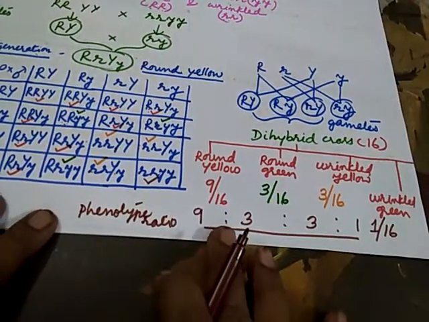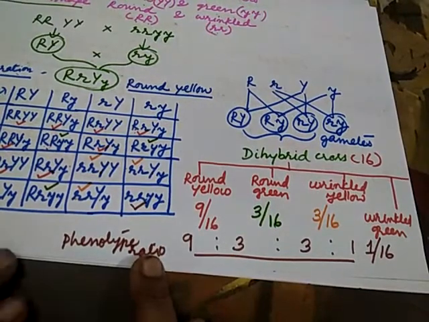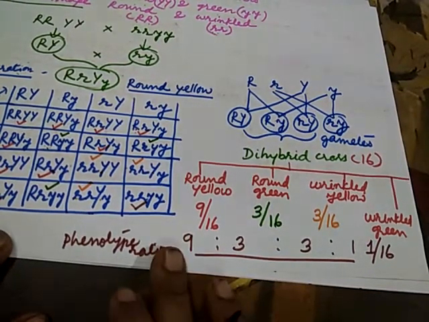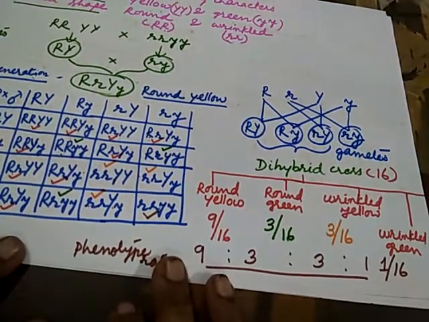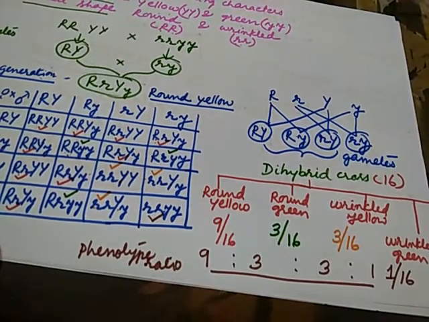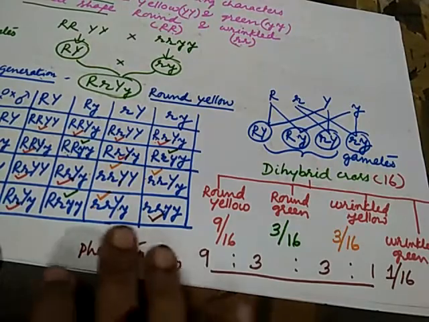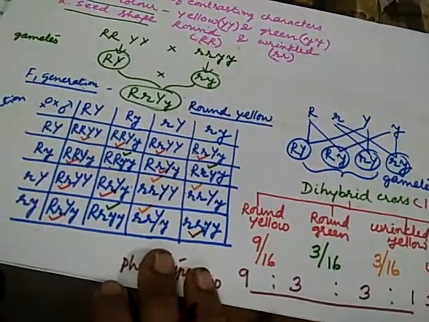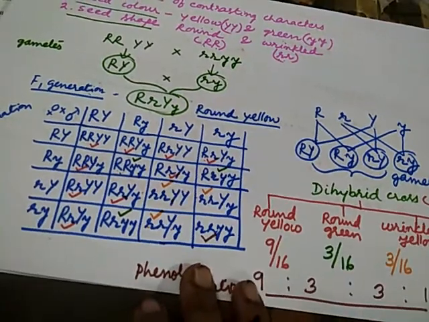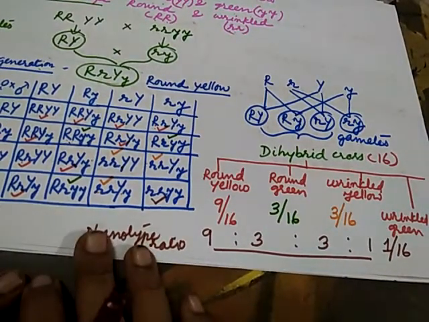And it is very difficult to explain the genotype ratio. This is our dihybrid ratio, a dihybrid cross containing two pairs of contrasting characters. When we present the phenotype ratio, it shows 9:3:3:1, because of the 16 results we are getting for these characters of the offspring. And this genotype is very complex, because when the population is large, it is very difficult to point out all the genotypic characters.